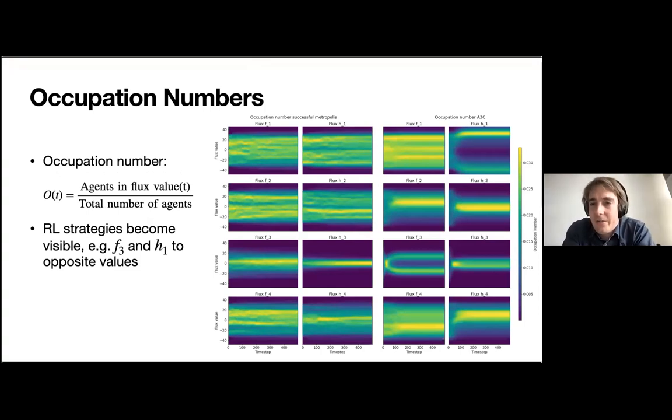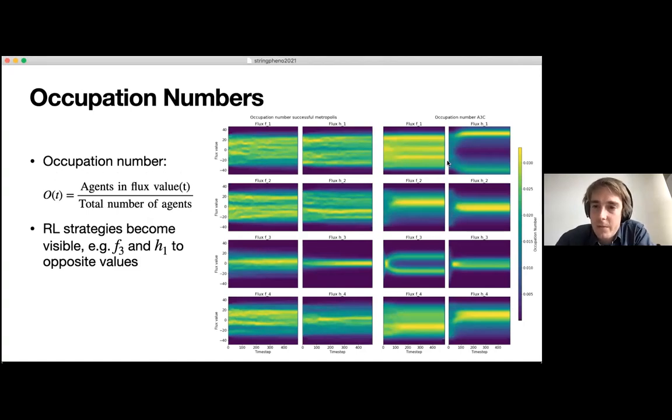Now let's have a look at more interesting structures in the last remaining minutes, basically looking at what the algorithm found. When you see what models it is favoring, you start at some random initial point, this flux vacuum, and then this is showing you the time evolution, what it takes, and that's the occupation number, so it kind of gives you the strategies. And you see clearly, when you're looking at the reinforcement results, this is showing you some structures.